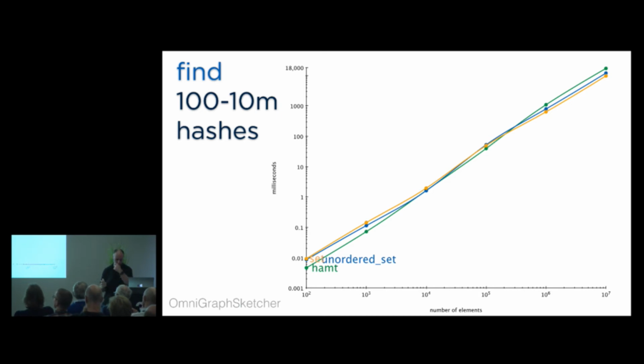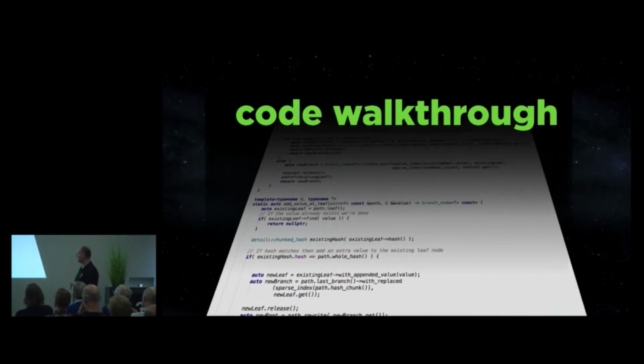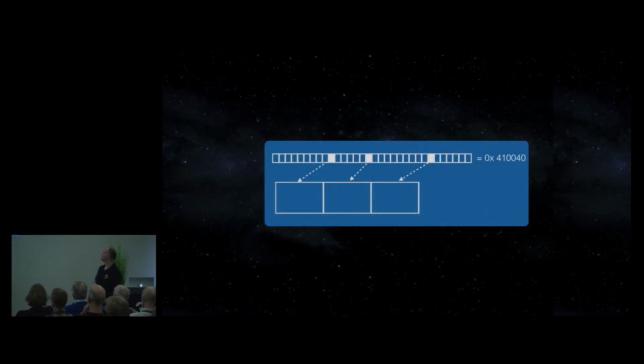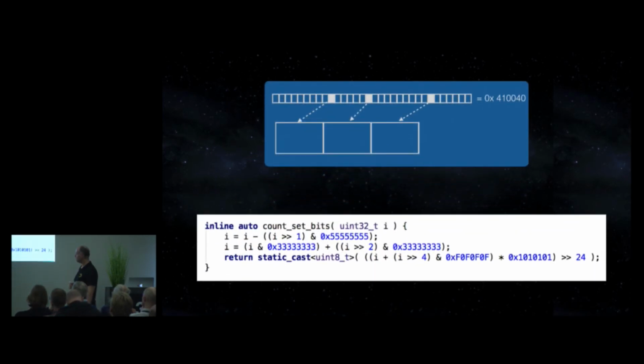But what I want to move on to is looking at a little bit of the code. Now, the first version I did of this talk, I actually had 90 minutes. I went into the code in quite some depth. Obviously, I don't have time for that here, but there's a couple of bits I want to call out. The first one is to go back to this slide, where we talked about the array mapping. And I said at the time that the trick here is how we do the count set bits efficiently. So here's one implementation. Got this from Stack Overflow, of course.